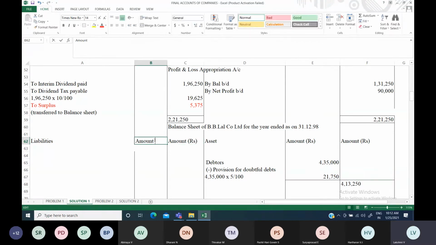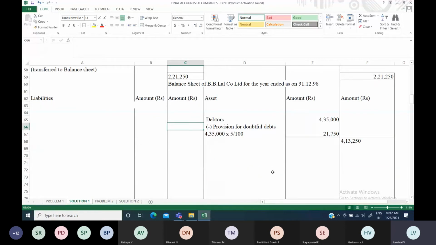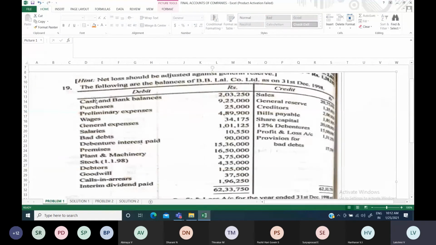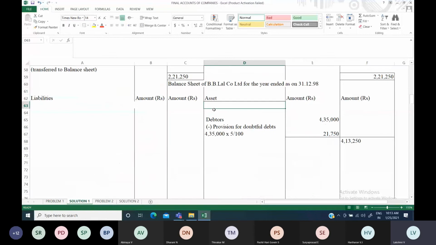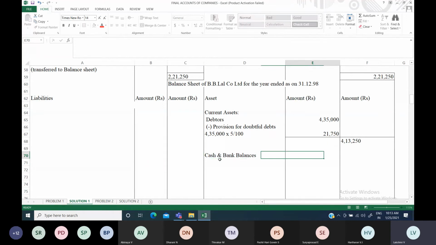And what are the current assets, all those things, either you can fill up assets first and then come to the liabilities. Anyway, it's okay. Okay. So cash and bank balances, actually it comes under current assets, 2,03,250. You don't have any adjustment for this actually. So you can straight away mention the current assets heading. Better to give the heading current assets and then fixed assets, all those things properly you mention. Okay, so cash and bank balances. So amount in the final column. So 2,03,250 we have. So just mention 2,03,250.